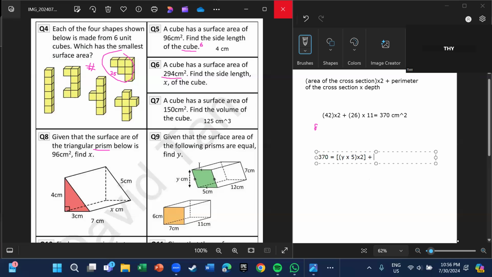Remember, we're not counting the height in the perimeter, it becomes sides. 5 plus 7 plus 7 plus 5 will give us 24, multiplied with 12, the depth. So this will give us 10y